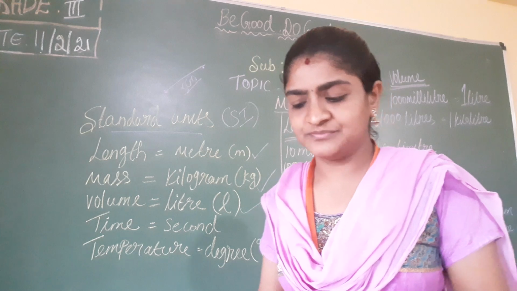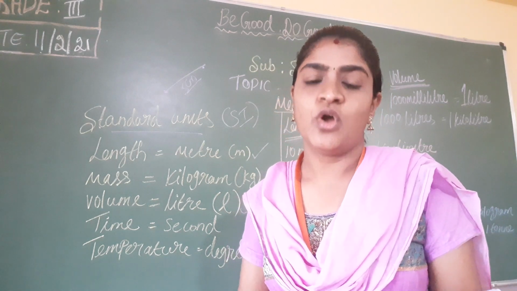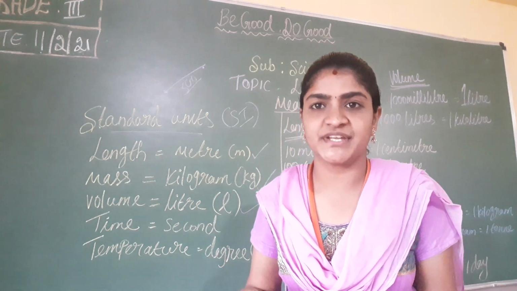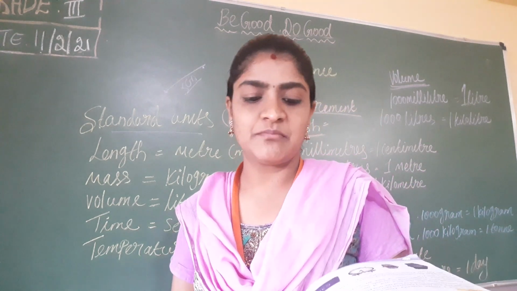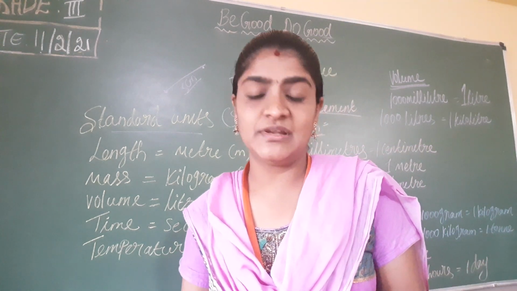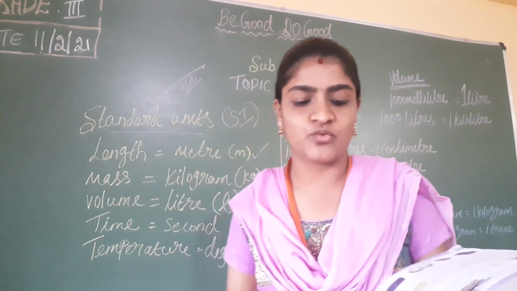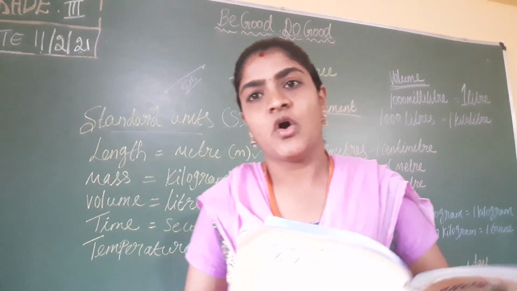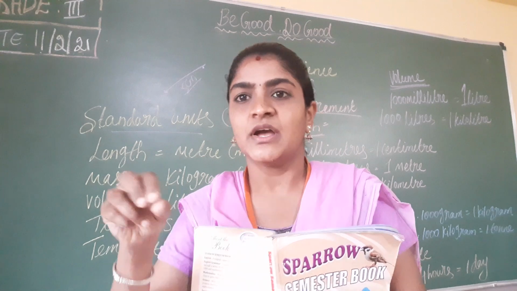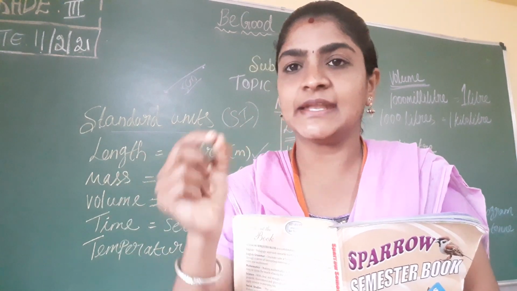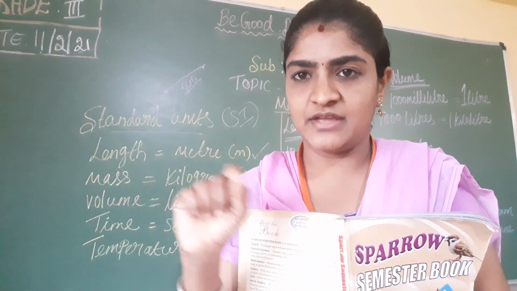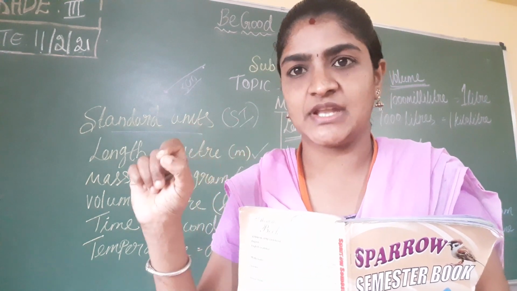Okay. And next one, we are going to see about volume. The volume is the total space occupied by an object or a thing. We can measure the volume of liquids like milk, oil, petrol, water and liquid medicines. Whenever we are taking syrup, they will give a small cup like that. On the sides you can see they would have mentioned 2 ml, 5 ml, 10 ml.